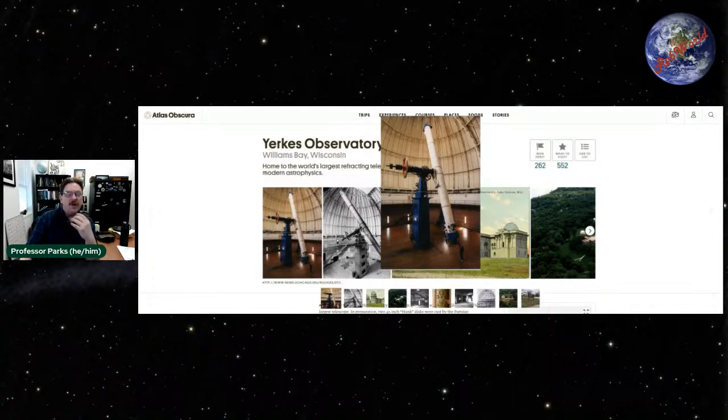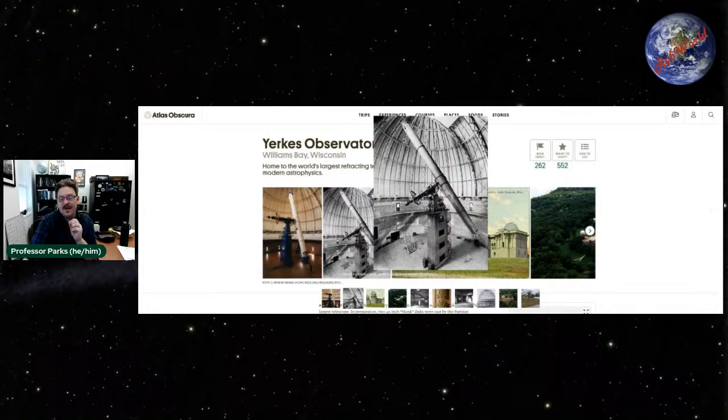Anyway, the main problem for refractors, and the reason Yerkes still has the distinction of being the largest refracting telescope, even though, as you can see from this picture, it is old. I can't remember how old it is, but it is turn of the 1900s kind of old. A lens is supported by its rim, or its edge, and it is thickest in the middle.